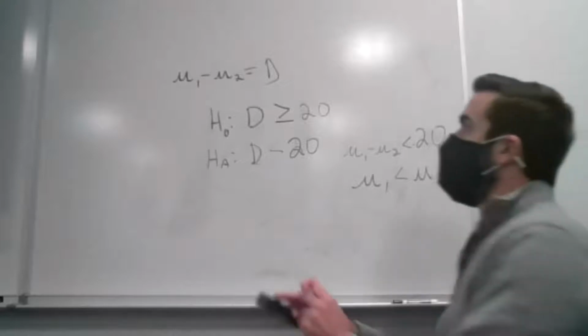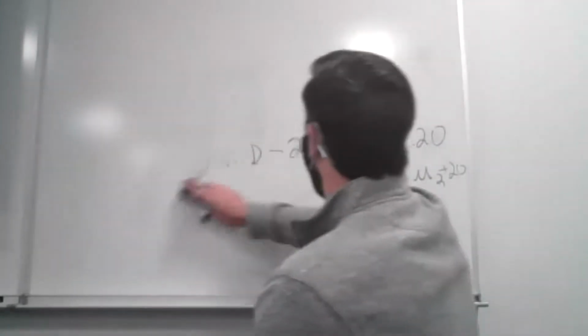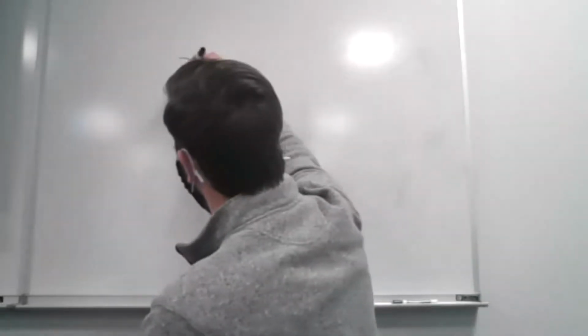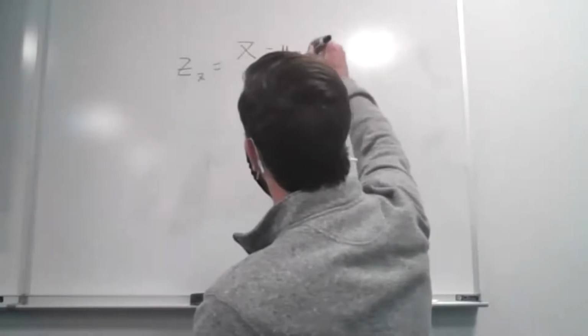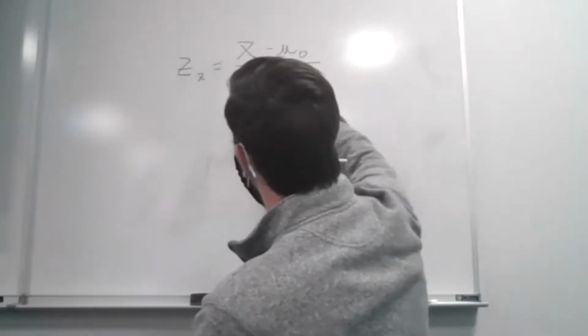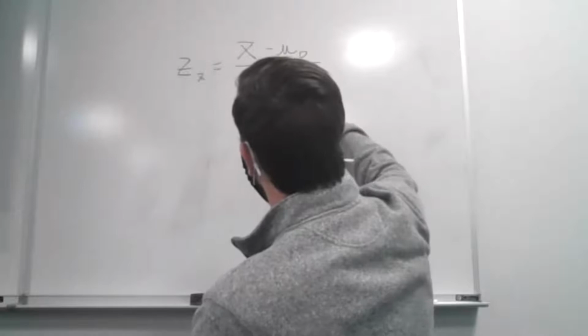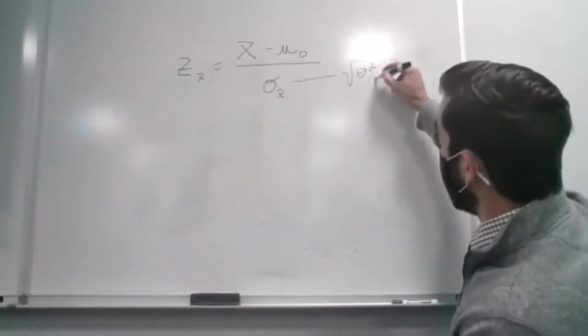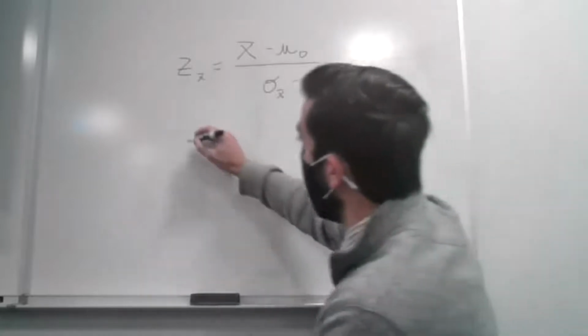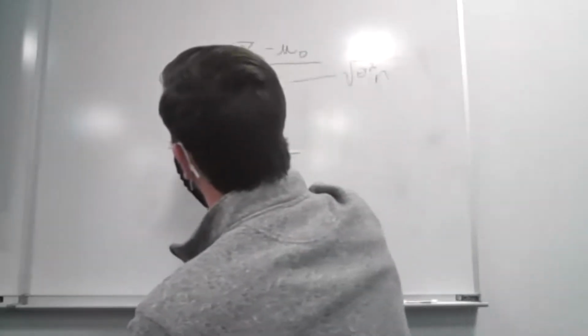Okay. If I'm calculating my test statistic, before, what we had was take your sample mean, subtract the assumed true mean, divide by the standard deviation of that, which was the square root of the sample or population variance over the sample size. Now, if I want to calculate a test statistic,